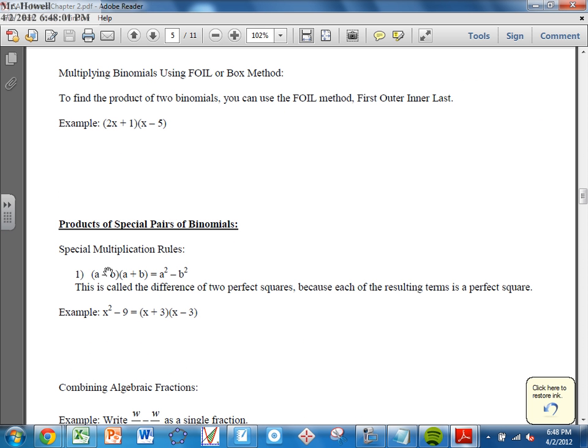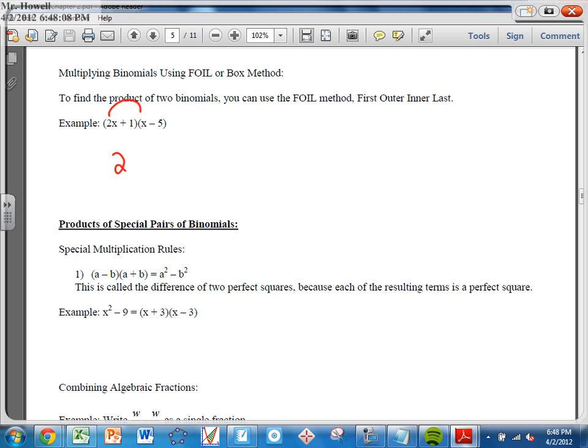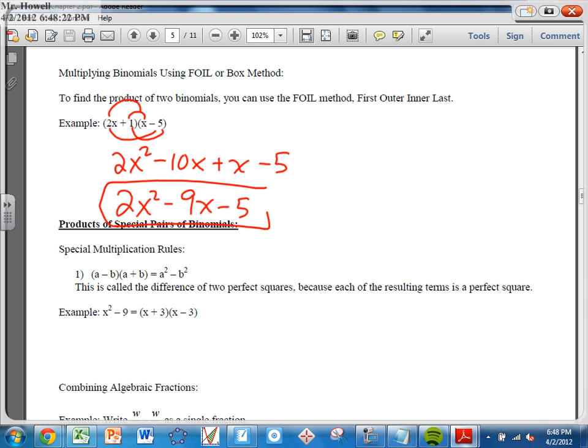All right, multiplying, you can use FOIL or you can use the box method. Either way, whatever you would like to do. FOILing, first is 2x squared, outer is minus 10x, inner is plus 1x, and then finally last is minus 5. Combining your middle terms, you get 2x squared minus 9x minus 5. Please, if you can do this stuff in your head, do it in your head. If you want to try the box method,